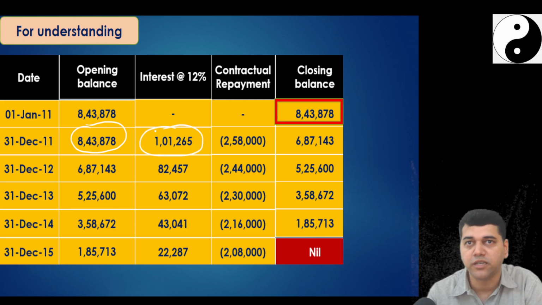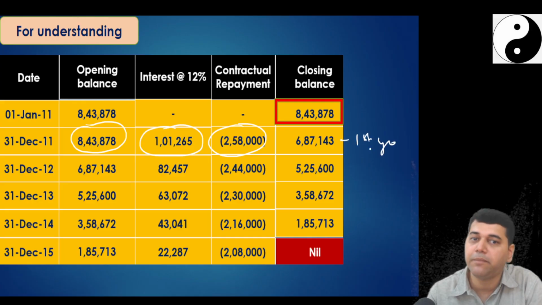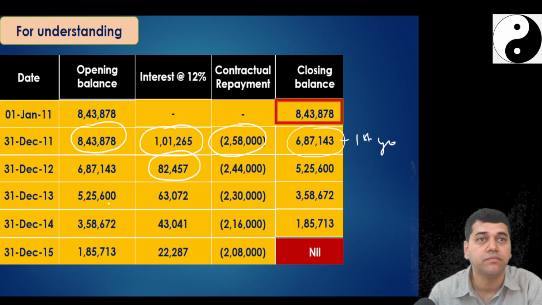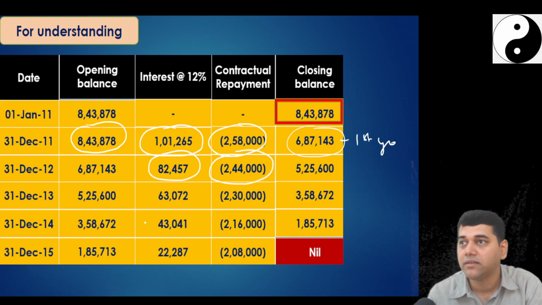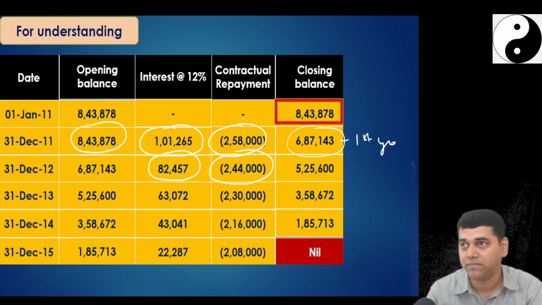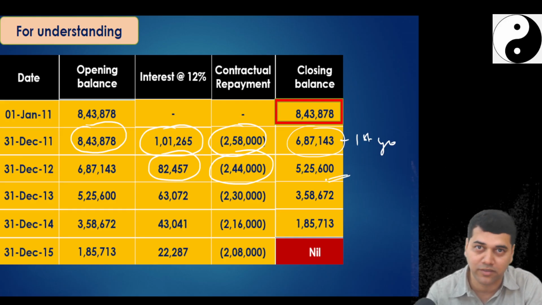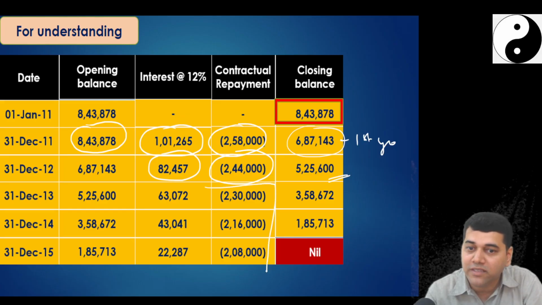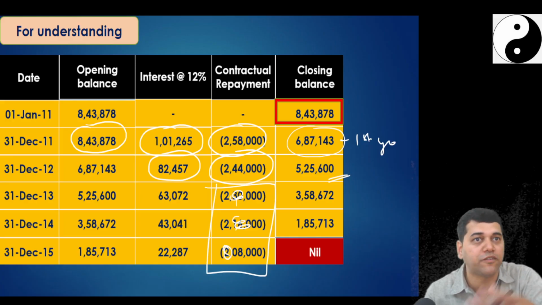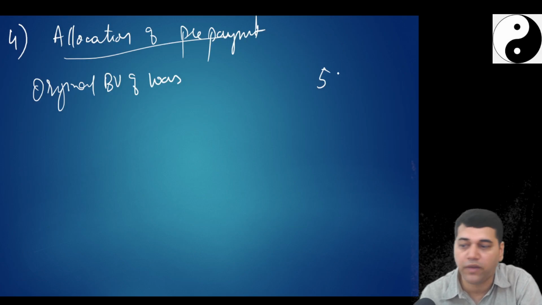Did you pass the entry for interest income? Did you pass the amount for payment? This was the first year end balance of the loan, which you will find in the balance sheet. Did you pass the second year interest income? Did you pass the second year payment entry? After passing the second year payment entry, before passing the entry for that 2 lakh rupees cash collected extra, what was your book value? In the amortization schedule, you will find 5,25,600, which is nothing but the present value of all these three. But out of these 2 lakhs, somebody has paid, because of which my interest is going to reshuffle now. So I will write here 5 lakh as my original book, 5,25,600